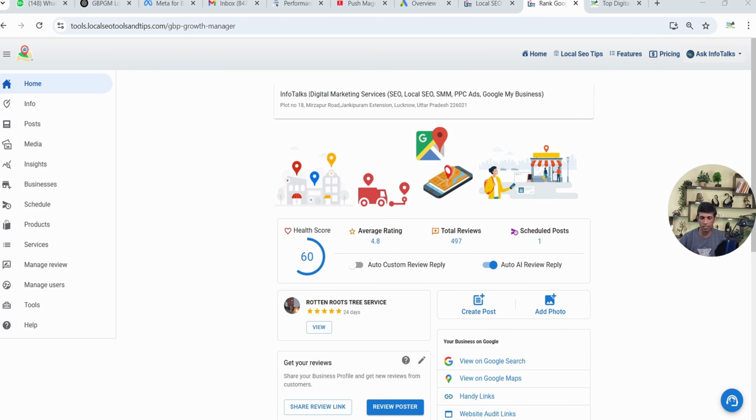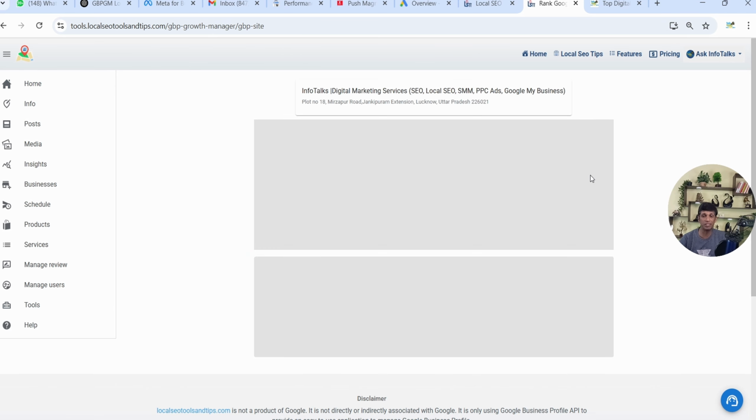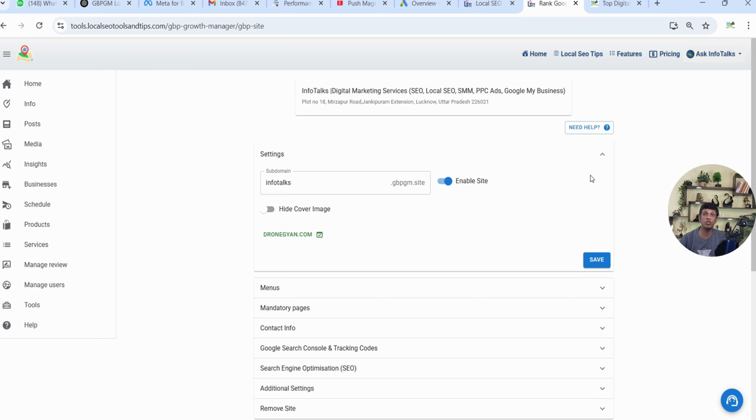So guys, as you can see, this is the Google business profile app. I have already logged in. I am inside my own Google business profile where I'll show you how to do this. As you all know, if you have created a GBP site, you can go to the tools option. There you will find this GBP site option, and here you can select language also, but it's only available in